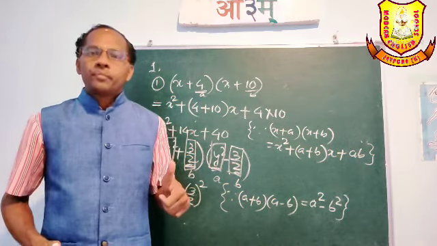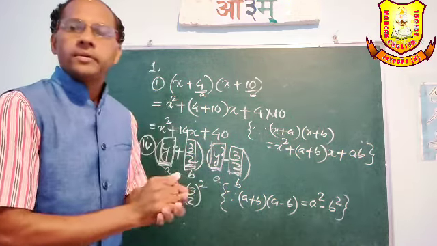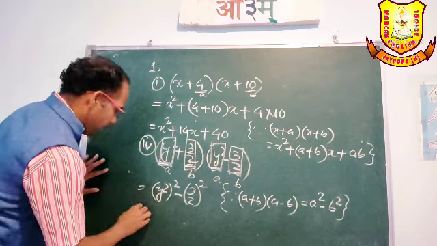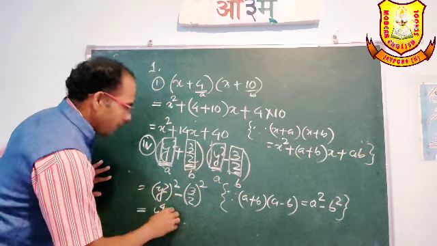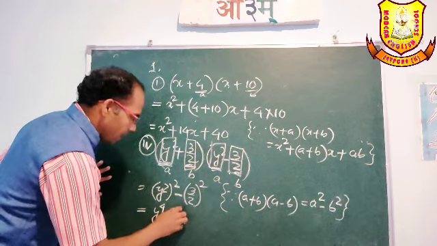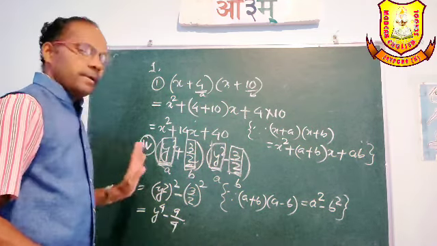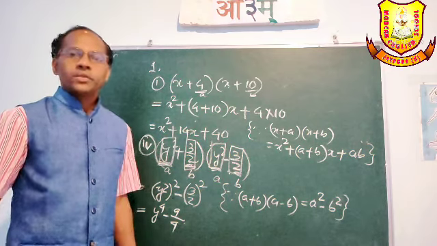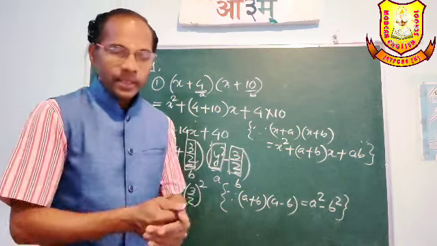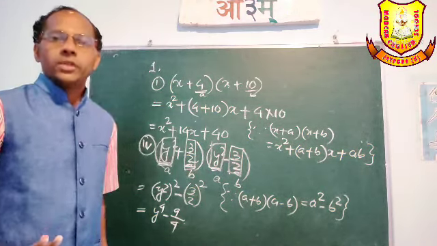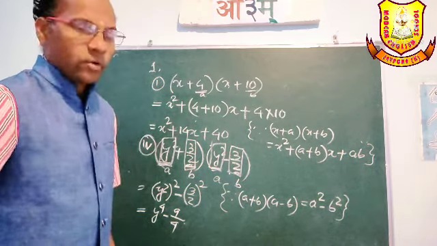Understood everybody? Yes? Yes, good, very good, nice. Okay, equal to (y square) square, it is equal to y to the power 4 minus 3 square, which is 9, over 2 square, which is 4. Y to the power 4 minus 9 by 4. This is the answer. So like this way you have to do. I think question number 1 everybody can do yourself. So 2 questions I have done.